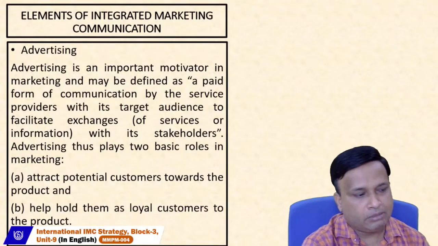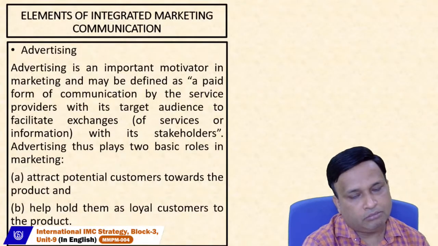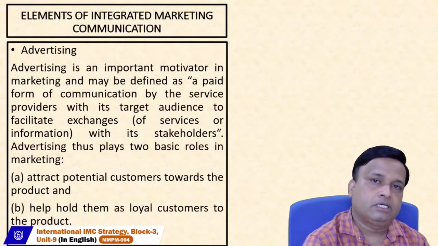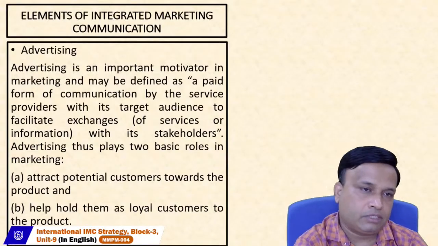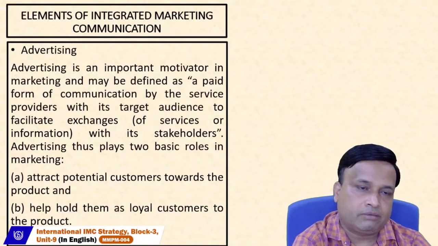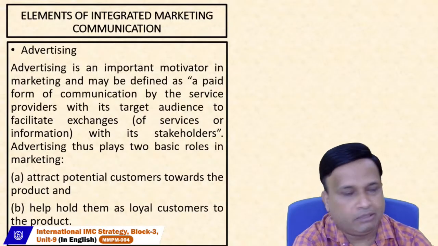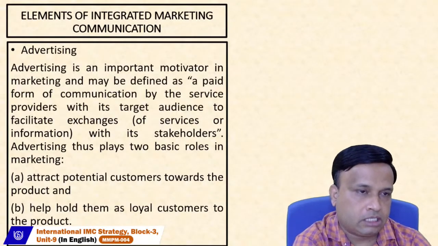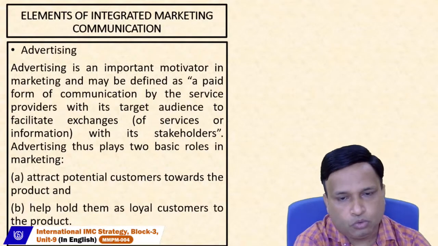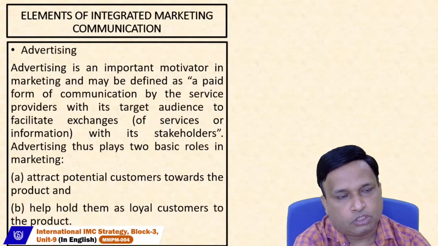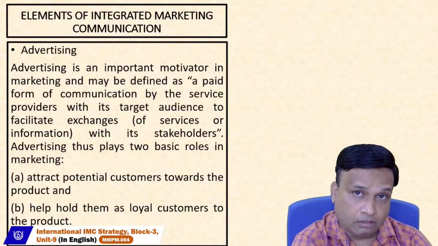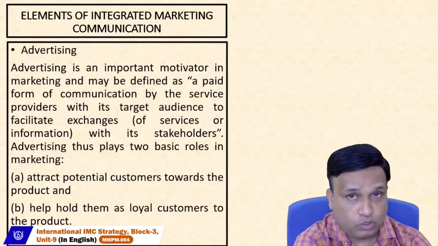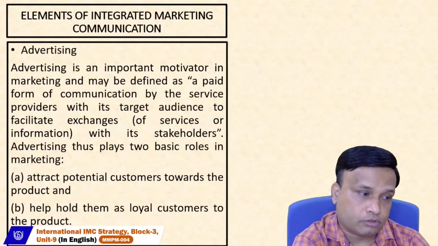So what are the elements of IMC? We are talking about advertising. It is a platform of communication. Advertisement is a costly affair, but it has an advantage: it can influence the behavior of anybody. There is a saying that you cannot sleep the whole night if you have come across the advertisement unless you purchase the product. That is the power of advertising. Advertising has the power to influence behavior and can motivate any individual to go for the product.